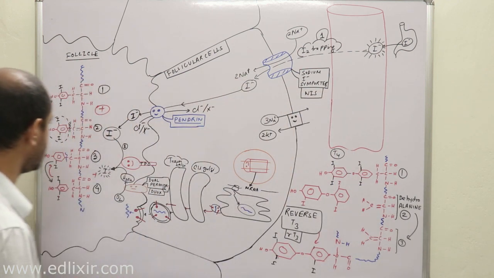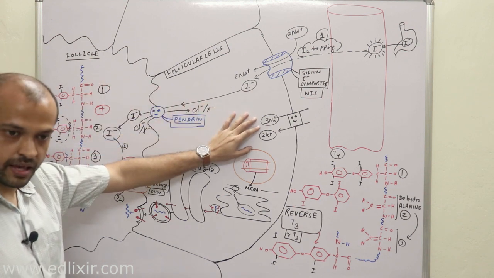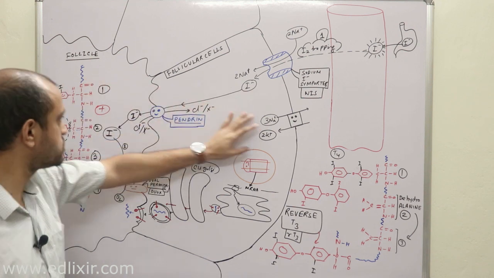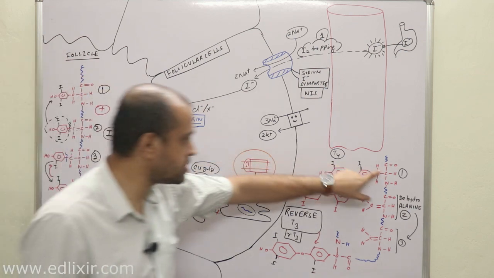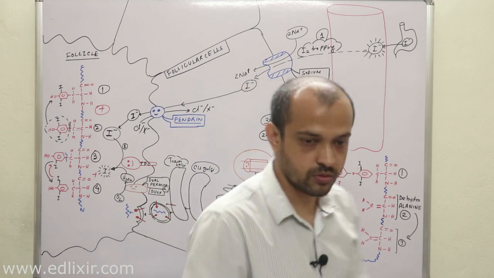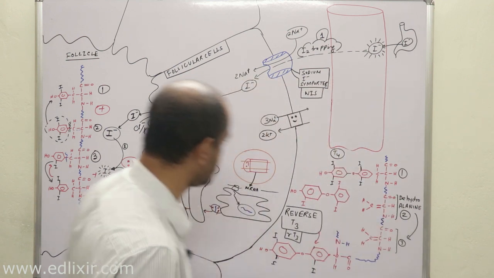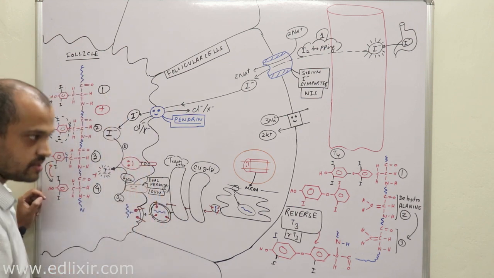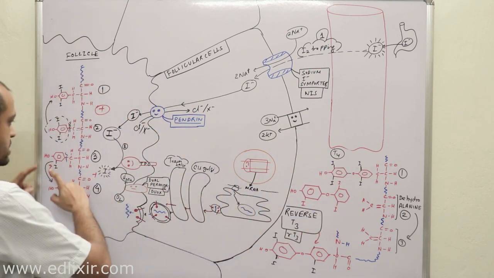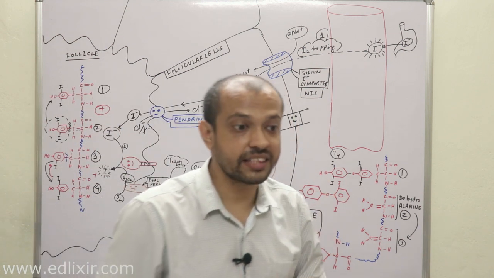Now we will see how this whole thing is taken up by the follicular cell and how these bonds are broken down. Okay, now listen with all your attention. You need not go through many books, just understand this very basic thing. After this whole modification, this will be taken up by clathrin coated vesicles.